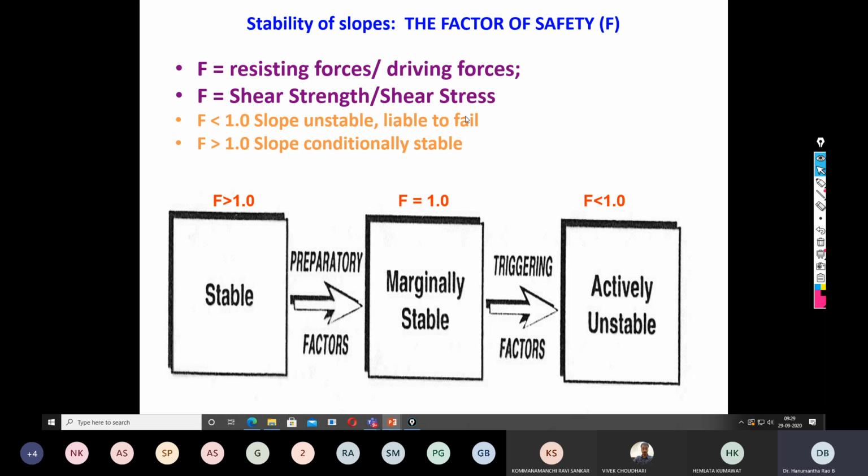So this shear stress can vary depending upon the pore pressure condition or depending upon external perturbations like liquefaction or earthquake. That is the reason the factor of safety is not a single value. It varies from one value to another depending upon the seasons. This is one of the fundamental reasons. The slope which may appear stable this year may fail in the next. So the basic reason is variation in the shear stress, not in the shear strength. If the factor of safety is greater than 1, it is stable. If it is 1, it is